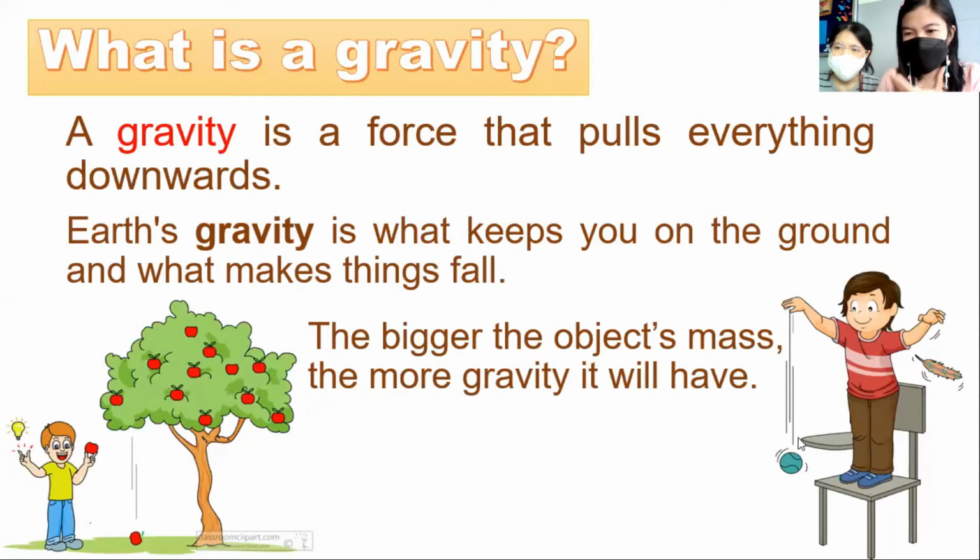Okay, so we have here an example, two objects, the ball and the feather. As you can see, the one that falls faster to the ground is the heavier object. Which one is heavier? Is it the feather or the baseball? As you can see, the ball falls faster than the feather, because the ball is heavier than the feather. Okay, so now let's talk about